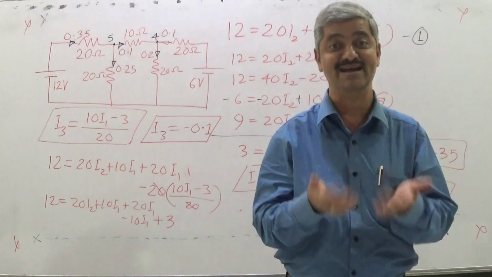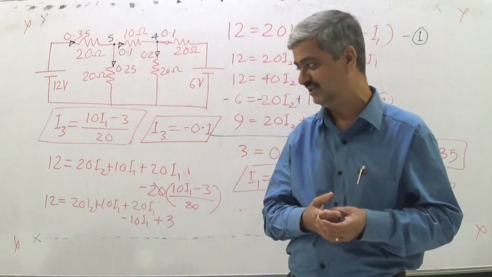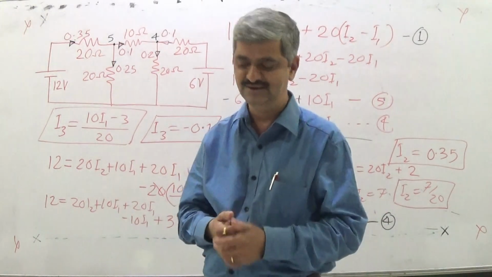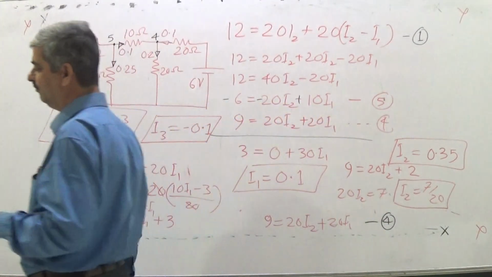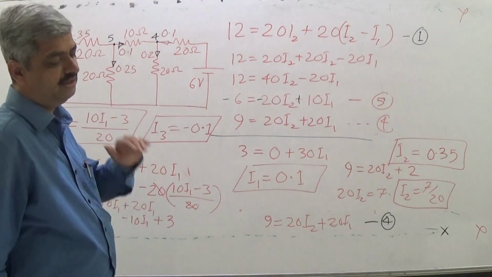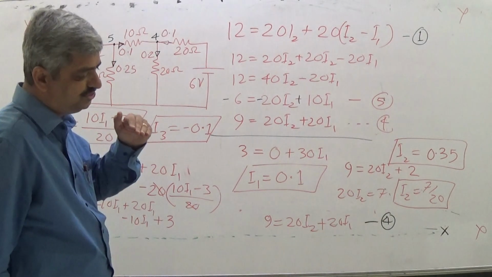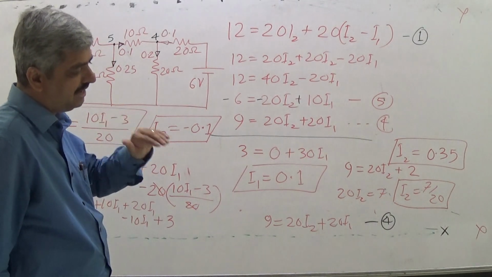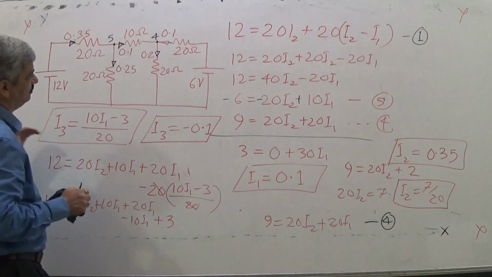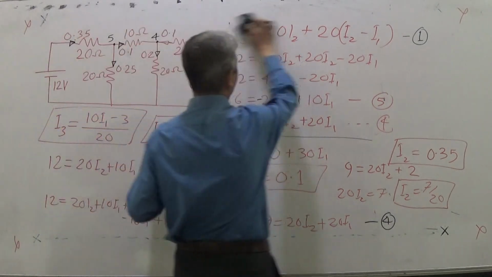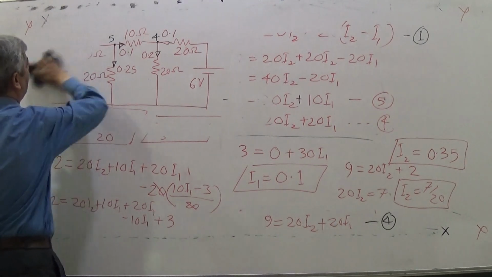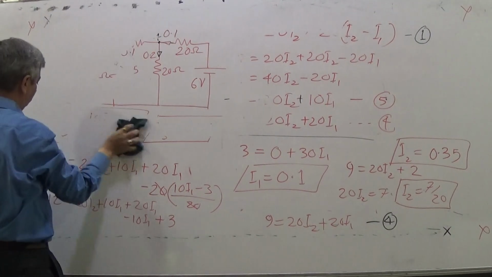Only thing is that you should get the same answer. Otherwise you will have some shortcut method which gives wrong answer. That is anyway not permissible. So the question is, we should be able to find current in any branch by using some alternative method. So the question is, I should be able to find, so this problem you can also take, or I will give you a very simple problem like this.